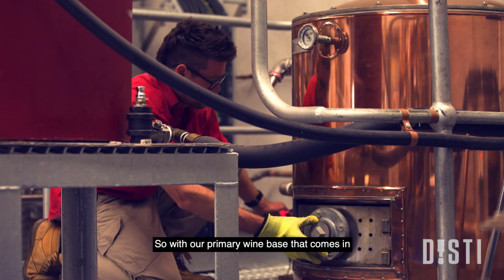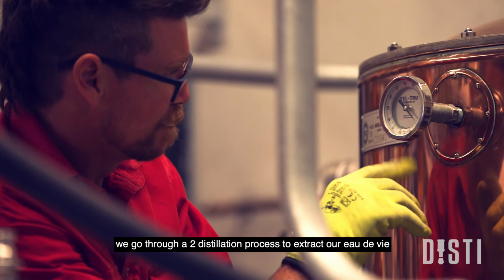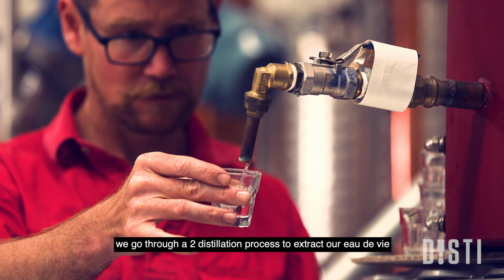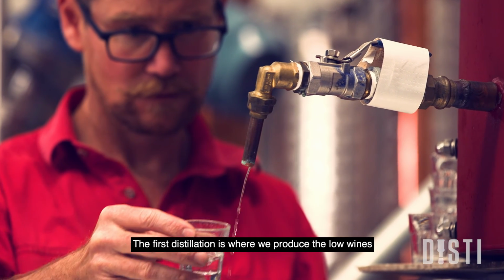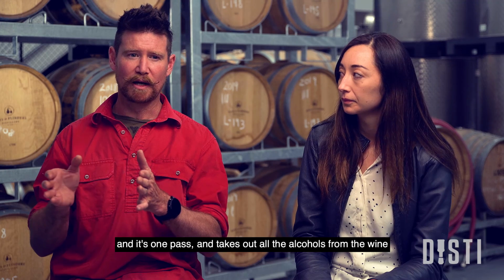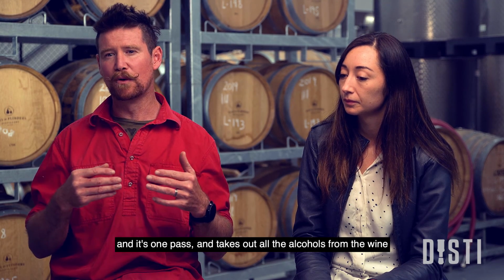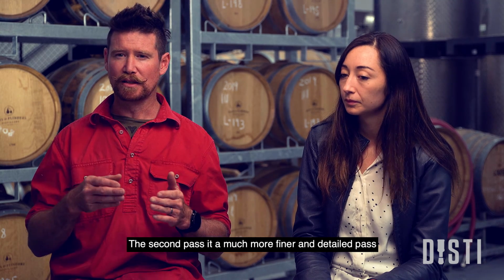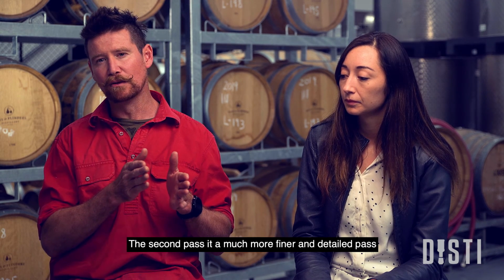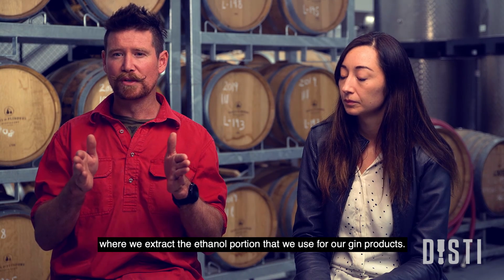So with our primary wine base that comes in, we go through a two distillation process to extract our eau de vie. The first distillation is where we produce the low wines, and it's one pass and takes out all the alcohols from the wine. The second pass is a much more finer and detailed pass where we extract the ethanol portion that we use